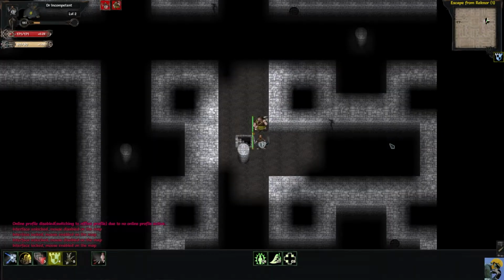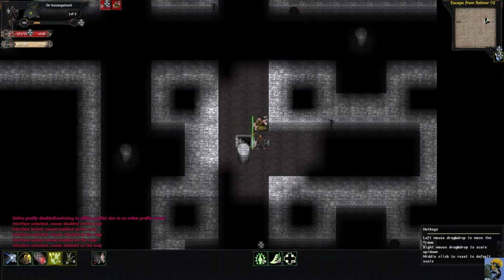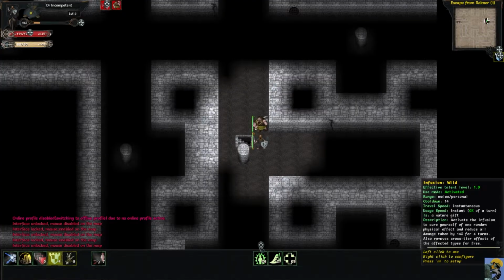So that's fine. Now, what it did also keep from before was my interface options, and I want to show you how I have tweaked my interface so that you can make yours look like mine or however you want. So the first thing you want to do is go to the bottom right corner and select this padlock icon that says unlock all interface elements so they can be moved and resized. All right, and you click that, and then it'll give you that big red warning or notification, and you'll start to see these little